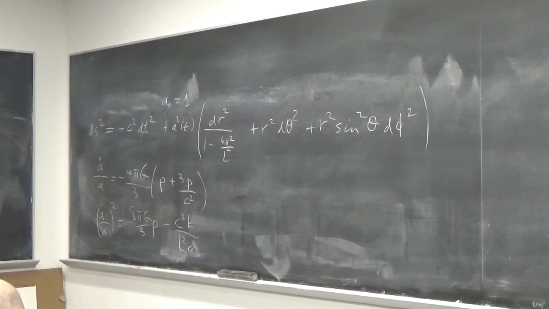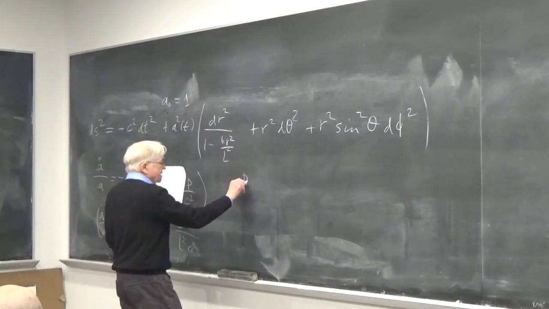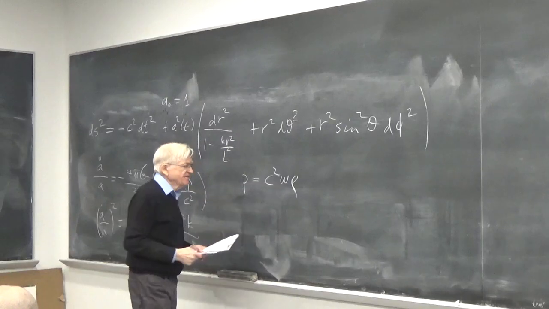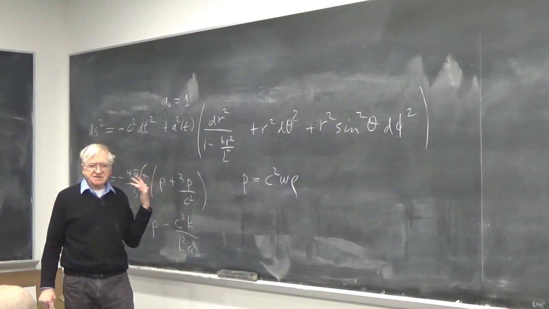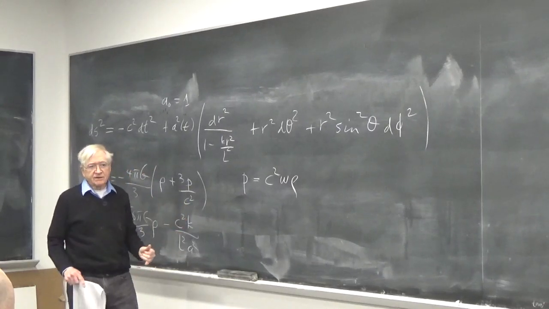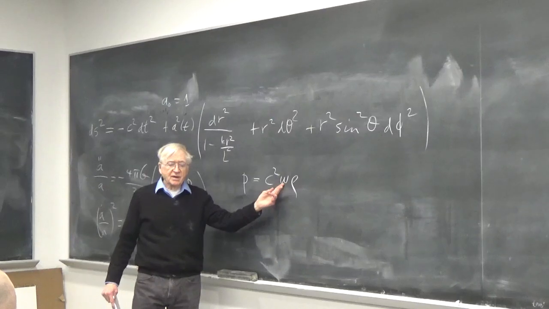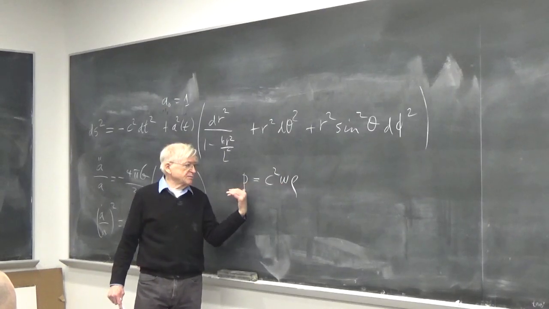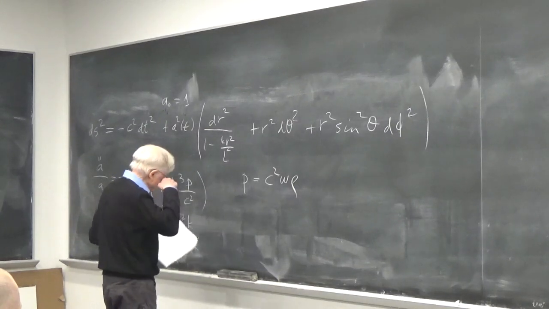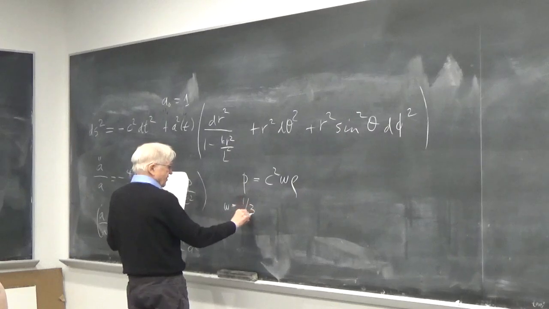These equations become much simpler if you have an equation that relates P to rho. If the material that's important at a given time is either radiation or matter or dark energy, then you can use a particular W in this equation to relate pressure to mass density. Mass density being, of course, energy density over c squared. So W is equal to 1/3 for radiation,